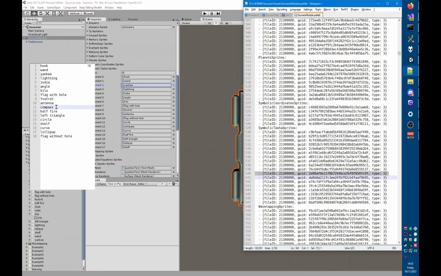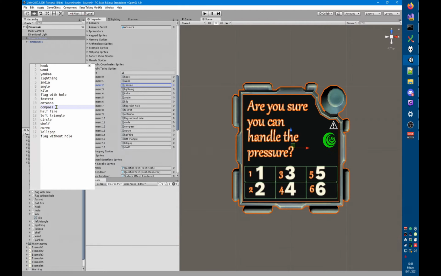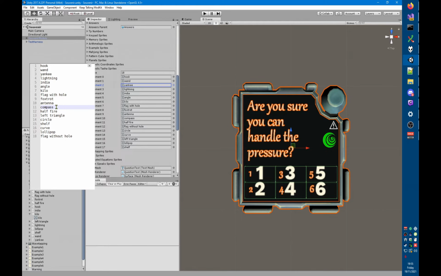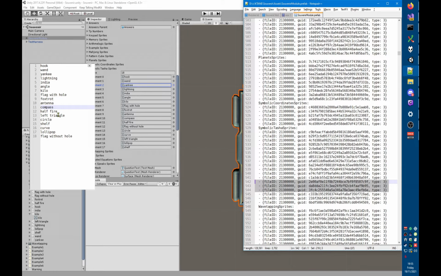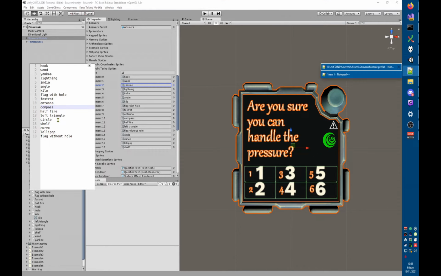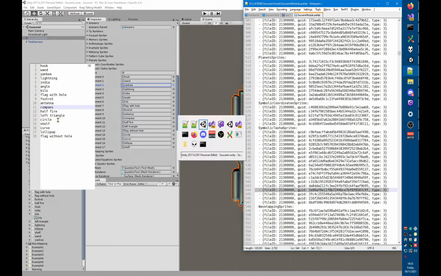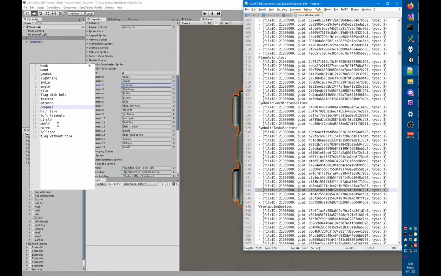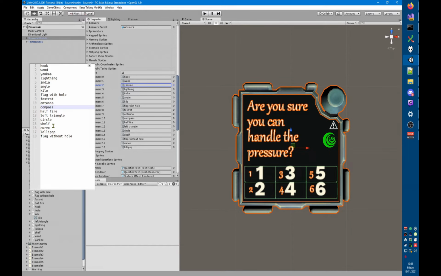So this is flag without hole, this is circle, so compass. And then we want half fire, so we need to move 3. So 1, 2, 3, there you go. Then we need left triangle, so we need to move 3 again, which fortunately we can just do. So half fire, left triangle, then we want circle, so we're just gonna move this one down. Then we have shelf, that is the last one, so we need to move the last one up 4, I think. Nope, that was 1 too many. There we go, circle, shelf, and then we want curve,